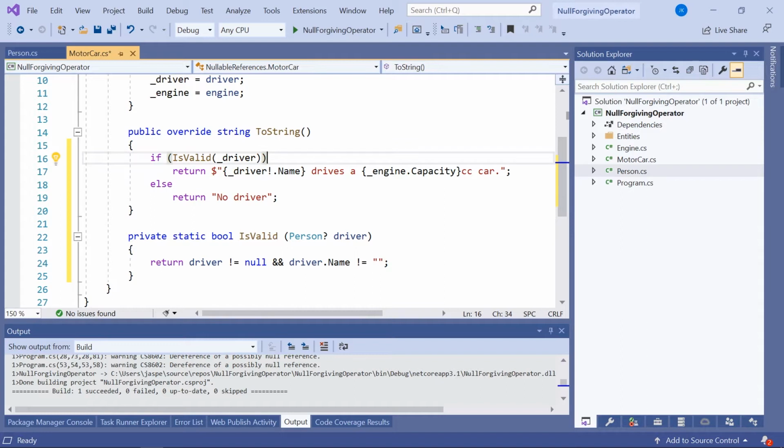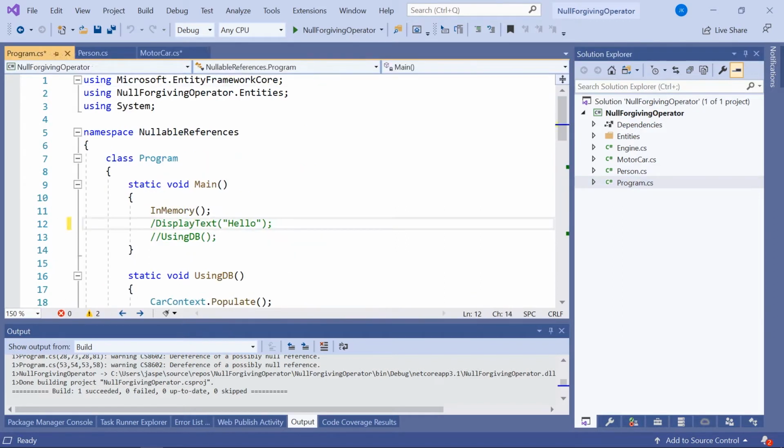And that does mean potentially, if we'd got things wrong, that at runtime we could introduce a null reference exception. So you've got to be careful with it, but it does at least get rid of the warnings when we know what's happening. If we take a look at this code, it's actually possibly a little bit familiar, because out in the program,